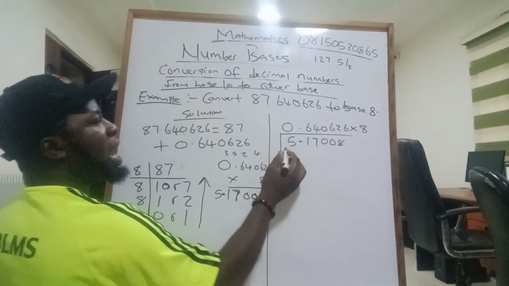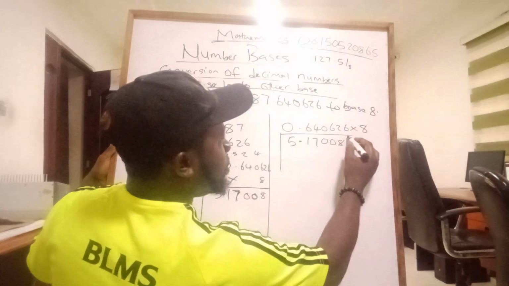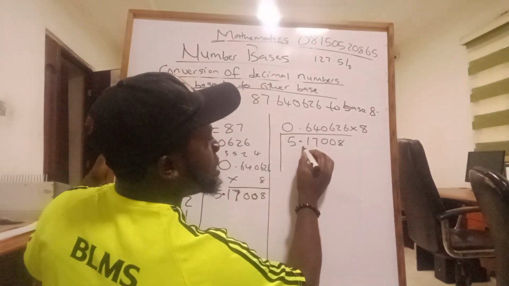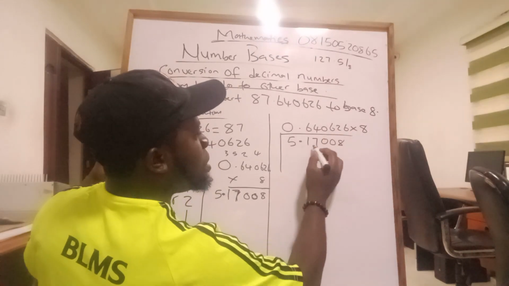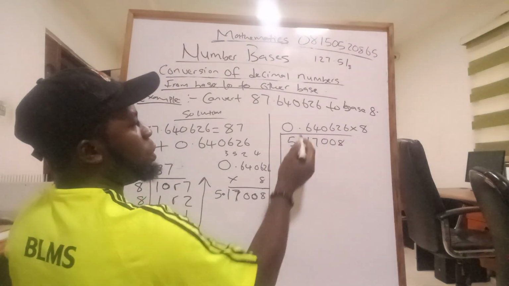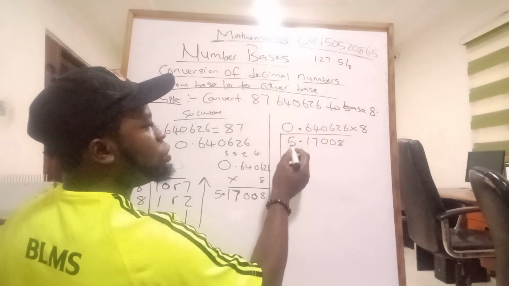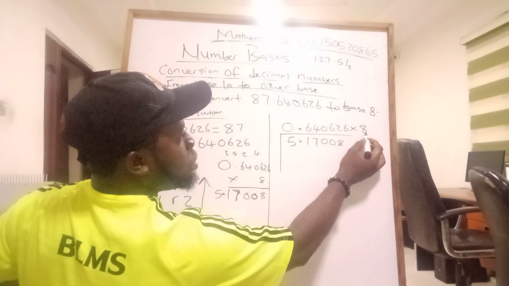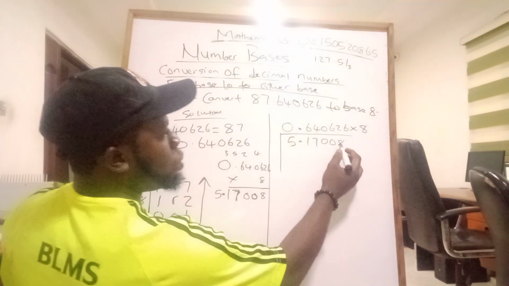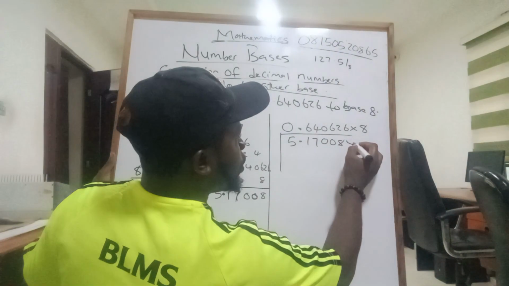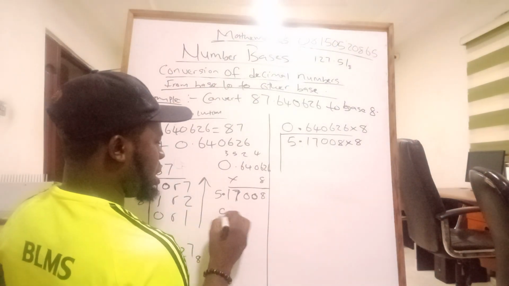Now when we've gotten this part, what you will now be multiplying is what is left. So this one will now be 1.70. What is after the decimal, that's what you need. If you look here, I didn't multiply this 0, you leave it alone. What you multiply is what is after the decimal point. So when you multiply again by 8, that means we have this